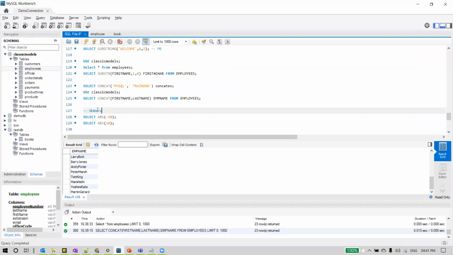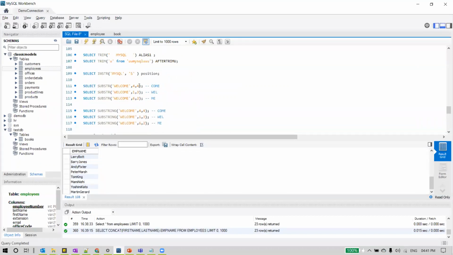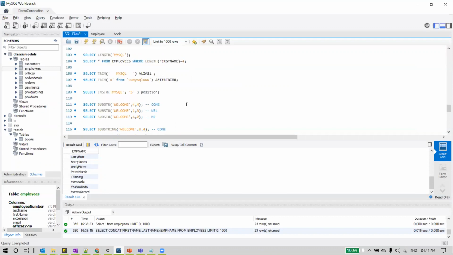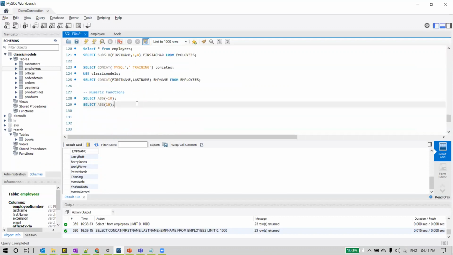I'll just say here numeric. These are the numeric functions. In the same way, I'll specify here somewhere string functions. And now see here, select absolute of -10.